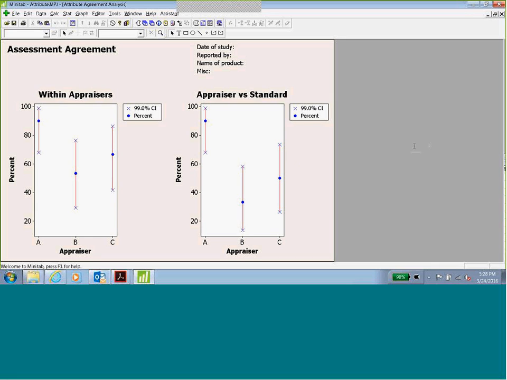So basically, this red line is for each operator. X represents the confidence interval, and the blue dot represents the average of